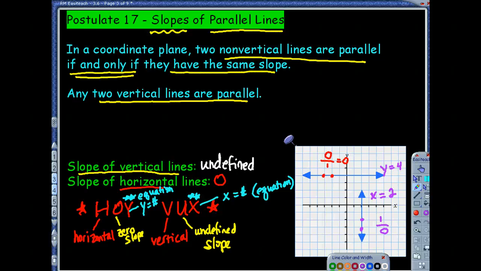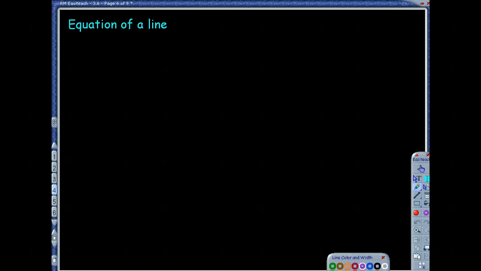So horizontal and vertical are a little bit different there. All right, now going into this idea of an equation. We have several equations that you've learned back in algebra. Ways to write an equation of a linear equation. So let's think for a minute. What's one thing that you... I'm thinking the most popular one